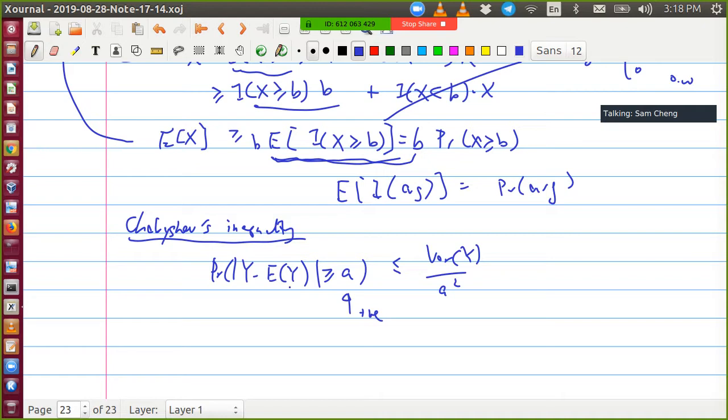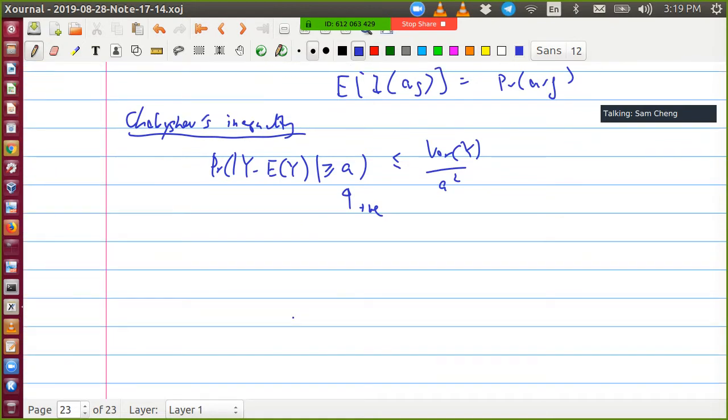I mean, not exactly intuitive in the sense of the exact statement here, but when the variance is bigger, then the probability that it can be farther away from some a here will be larger, right? And also if this a is bigger, wider away, then the probability will be smaller. So the form is reasonable, even though we need a proof for why the exact form holds.